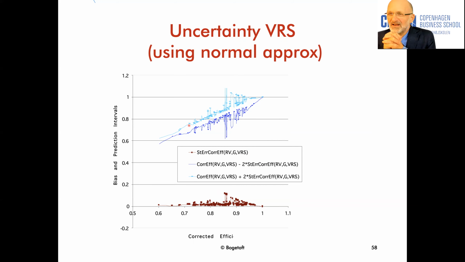First of all, this is really interesting because people would like to know what my efficiency score is, but also what it could have been in a best case scenario and what it might have been in a worst case scenario, or what the variation of the confidence interval for my efficiency score is. So in this case, we estimate the confidence interval for a given firm, like the difference between this one and this one. I just wanted to add that this way of constructing the confidence intervals by just adding 2 standard deviations of the biases up or down